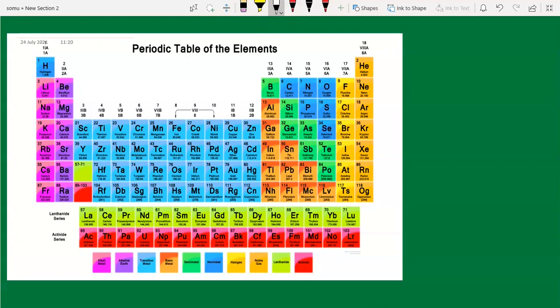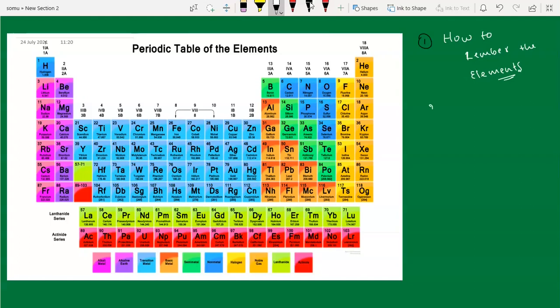Today we are going to discuss two important things. First, how to remember the elements group wise.